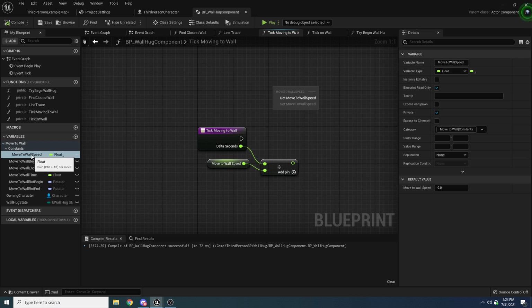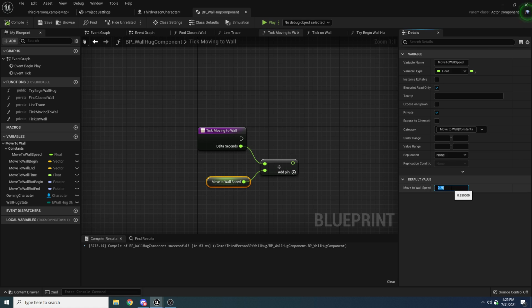And I like to just put it in a category called constant so it's easily distinguishable. But anyways, you can set this to whatever you want. I'm going to set this down to like 0.25, and that's going to essentially make it so it will take him a quarter of a second to move to the wall. So the lower you put this, the faster he moves technically, which seems a little backwards,